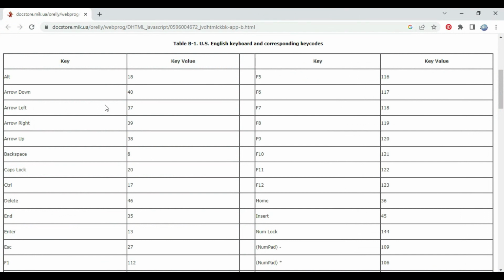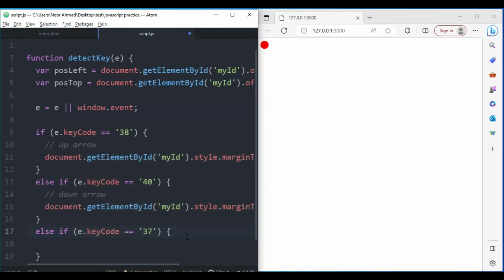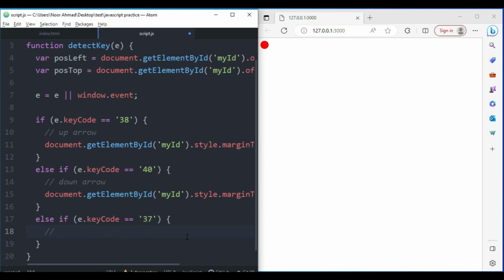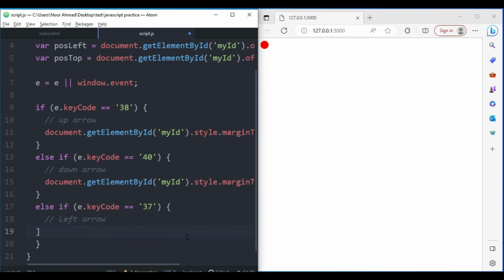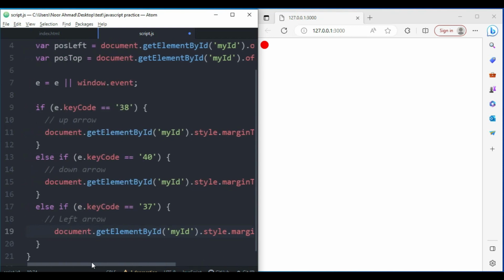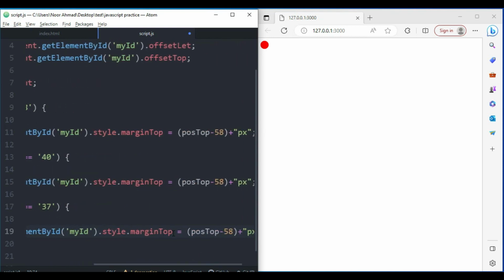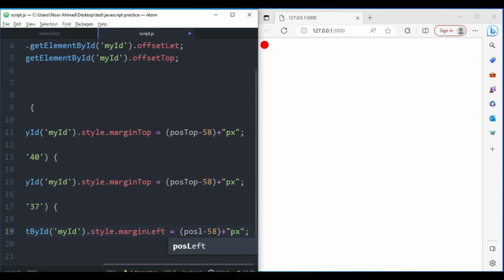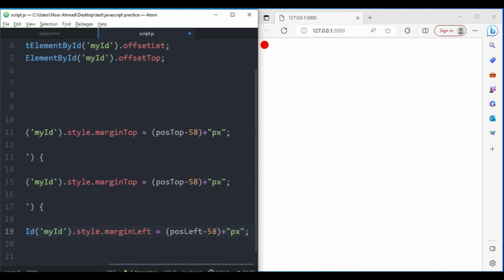Here you can see for left we have 37, and after that let me pass a comment for left arrow, and here I'm going to paste the same statement, but instead of this margin top we are going to say margin left, pos left, and that's it. We don't need to change anything,